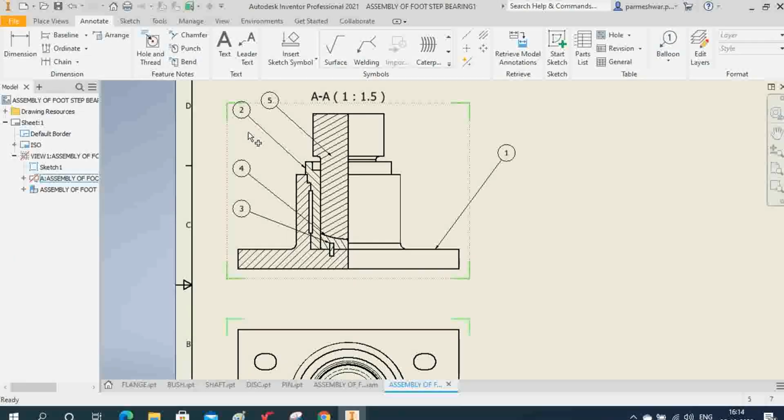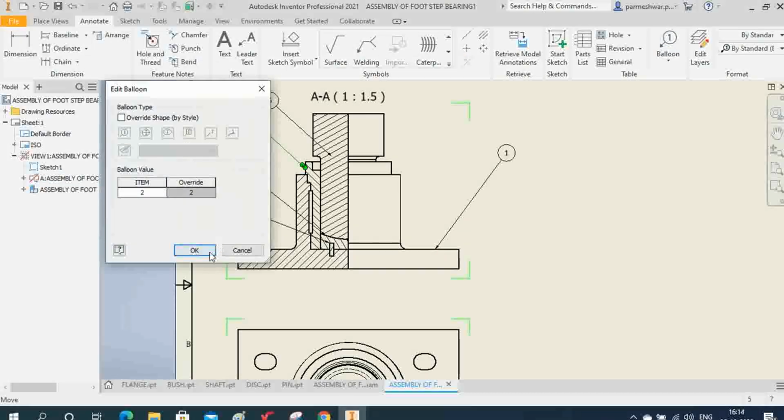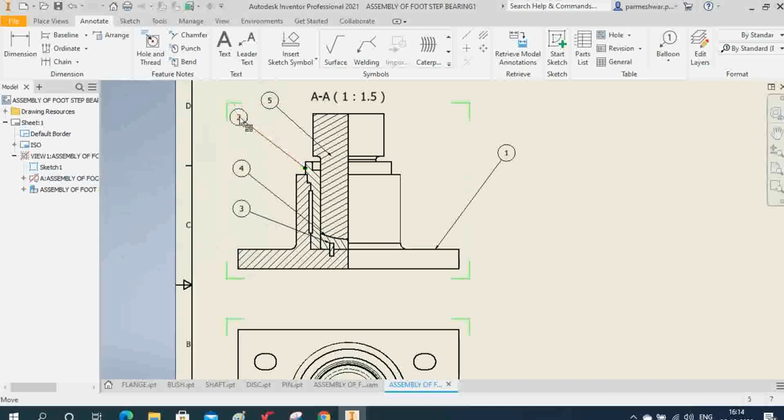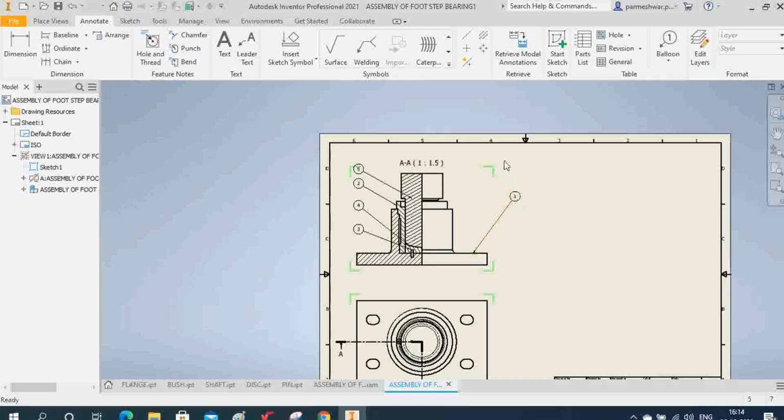I will move this little downward, like this. I'll take here like this. Okay, so in this way we can do the numbers.